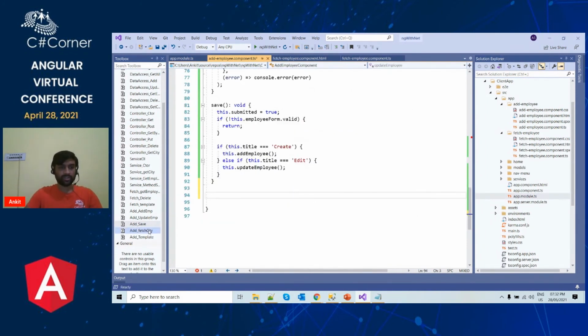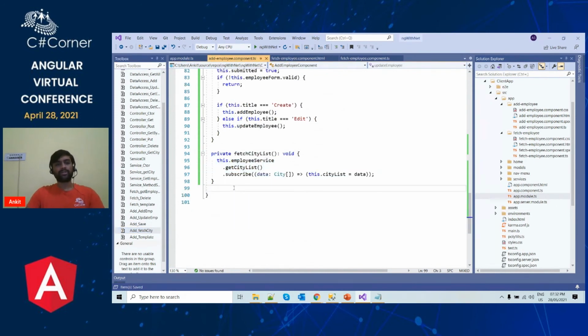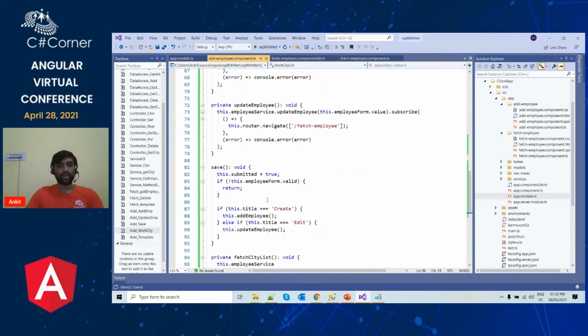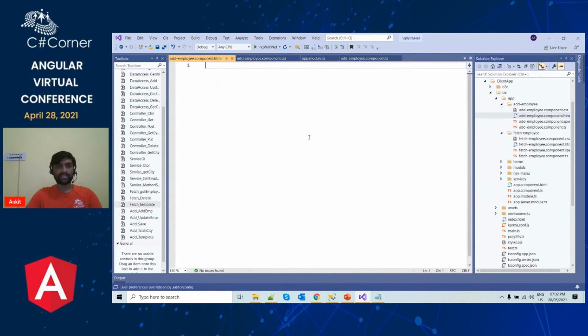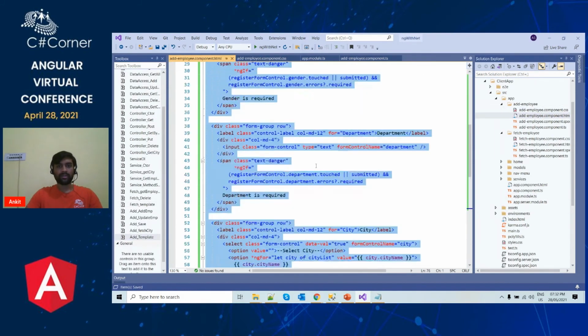So what this will do, let me add this over here. The fetch city list method will call the get city list method of the service to fetch all the city list from our database, and this method will be called inside our ngOnInit method. So as soon as the application is launched, we'll call this fetch city list method to fetch the list of cities from our database, and then in our template we are going to populate that list of cities in a drop down list. So that is why we want it to be available as soon as the application is launched. Then we will go to the HTML part and we'll add the template code for this.